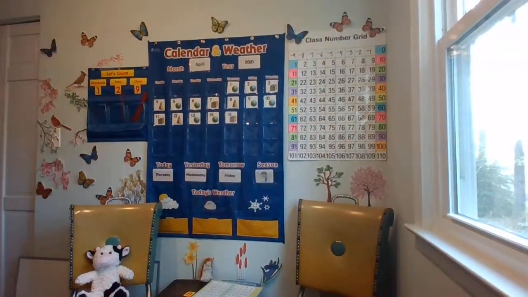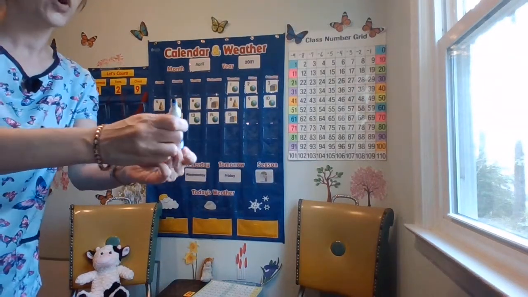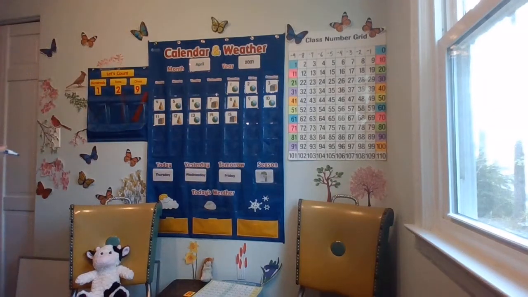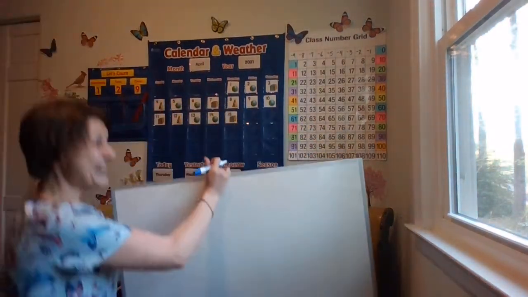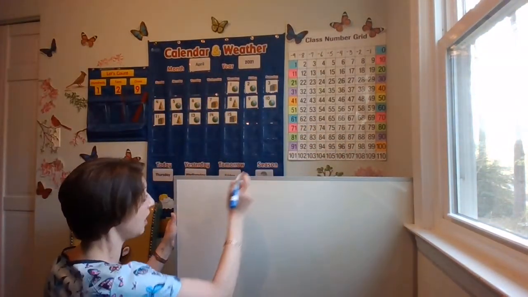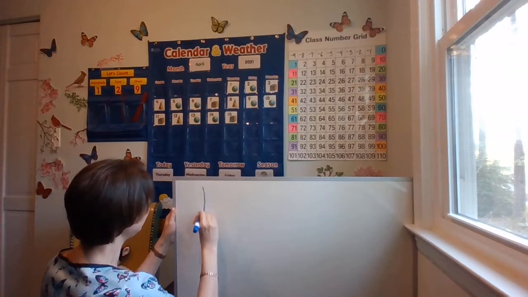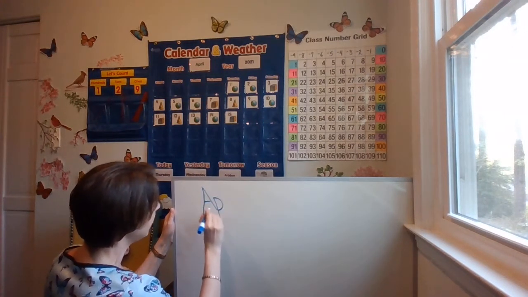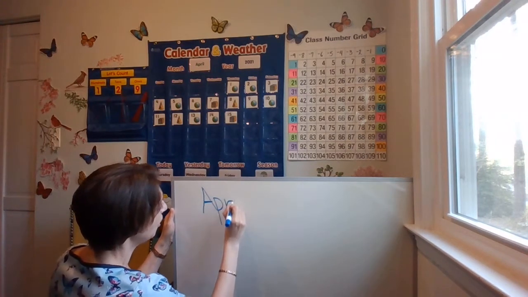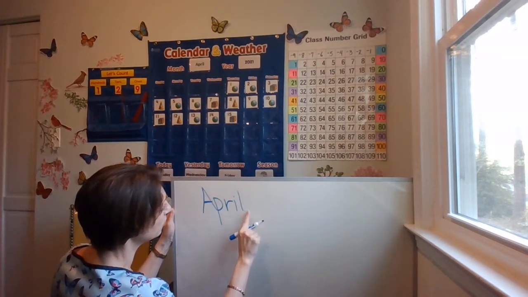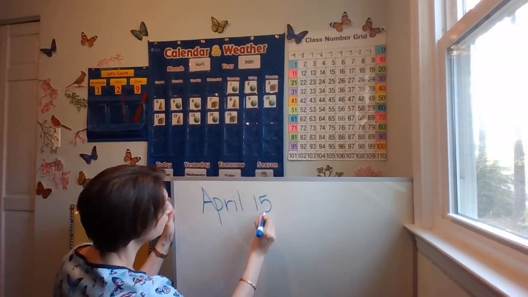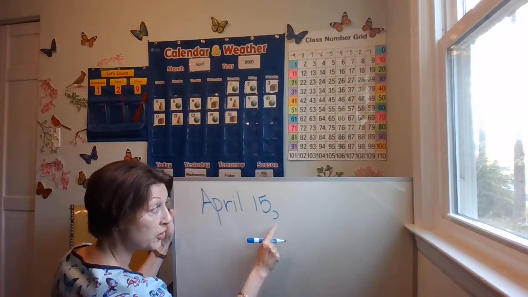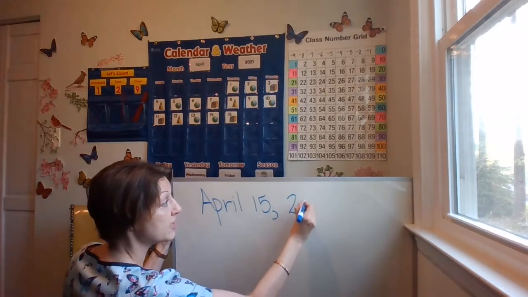Let's go ahead and write the date. Okay, get your whiteboard and dry erase marker. Unless you're using paper and pencil, go ahead and put the cap on the bottom of your marker. And let's start with a capital A for April. April 15th, 2021. Remember, A-P-R-I-L spells April. So capital A-P-R-I-L, April, finger space. Then write the number 15 with a 1 and a 5. Then put a comma, finger space, and the year,